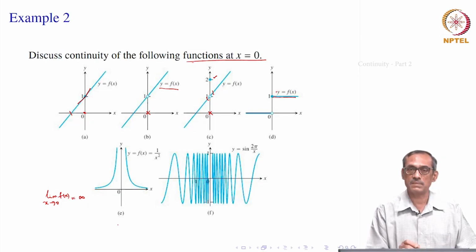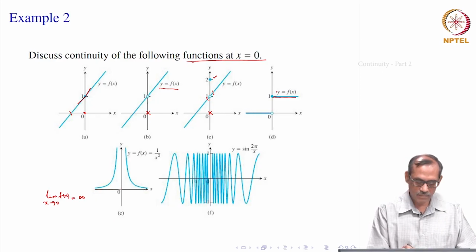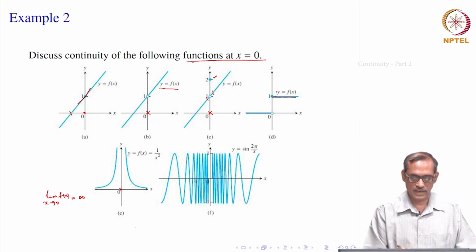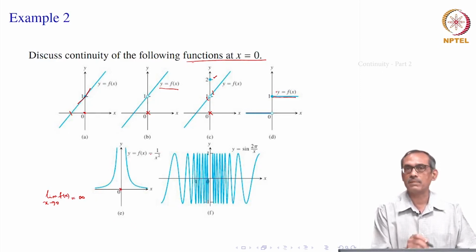Infinity and minus infinity are special cases of non-existence of limit. Though we can write in symbols limit f x equal to infinity, limit f x equal to minus infinity, in all remaining cases we cannot even write that. But the limit does not exist, it is infinity. And f of 0 is also not defined here, right. The function is 1 divided by x square. Therefore, the function is discontinuous at x equal to 0.